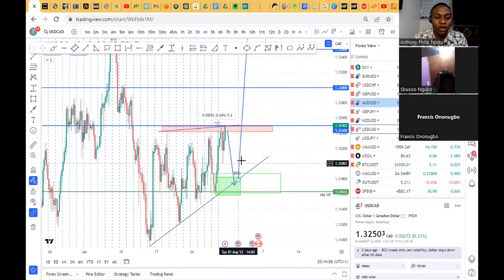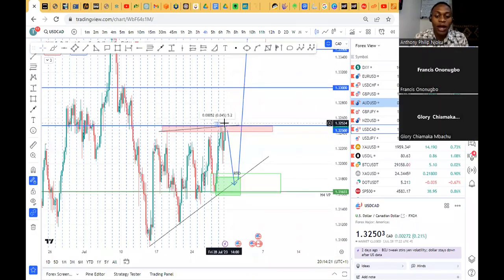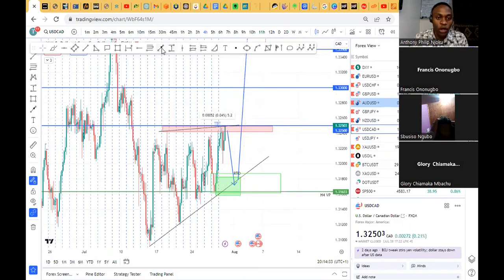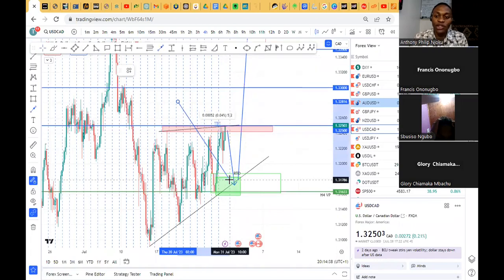Or it's not going to be a stop hunt. A stop hunt is done when the market takes out your stops and then starts going in your direction. In a fake out, yes, a fake out, the market goes into this buy side and then starts coming down immediately. So what I expect the market to do is break out the buy stops, and from here start moving up. But my overall bias is it's going to come back into this origin because with the DXY going down, USD/CAD needs to go down.